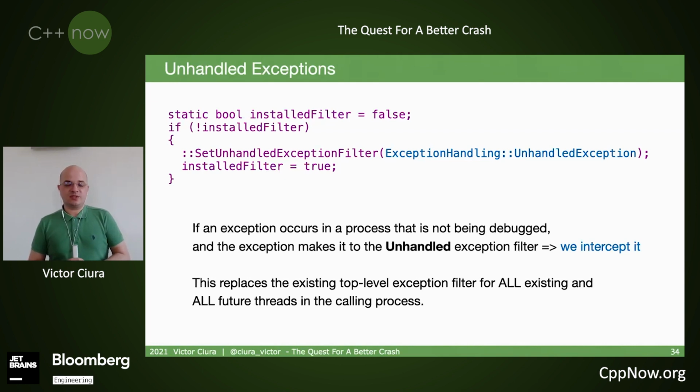People sometimes forget to catch exceptions, and they might leak off the current context without being caught until the outer module main that is in the CRT. So not your application main, but the CRT main, which is the actual entry point of the module. So if you want to trap such exceptions that leak without you being able to handle them, and still get an opportunity to inspect them and react